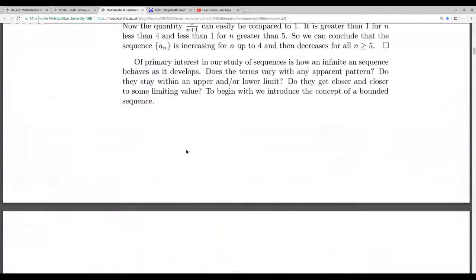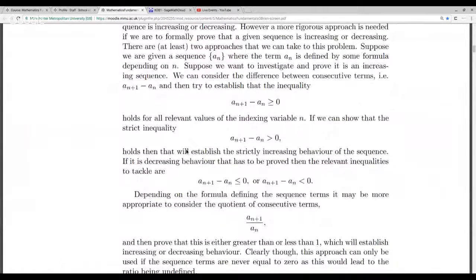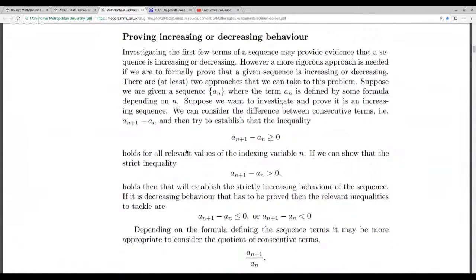Last time we introduced the idea of an infinite series, and we looked at the idea of increasing and decreasing behavior in sequences. Just a quick review: we came up with two ways of analyzing a sequence in general to prove that it was increasing, perhaps, or prove that it was decreasing. That was to either look at the difference between consecutive terms of the sequence. So this difference here, a_{n+1} minus a_n, is taking some term of the sequence and subtracting